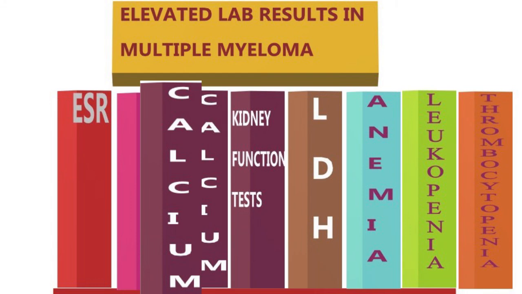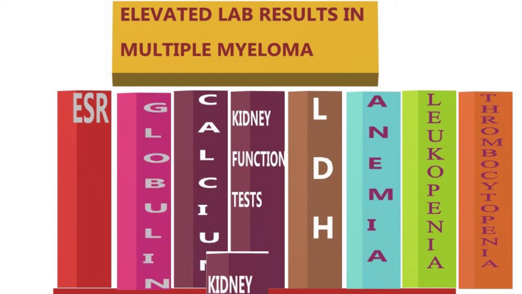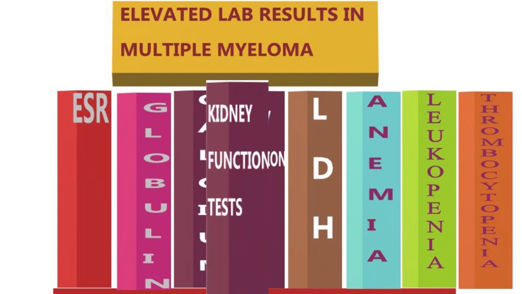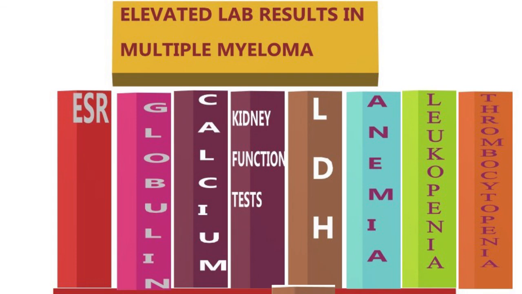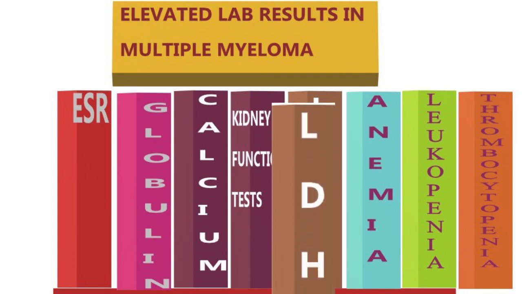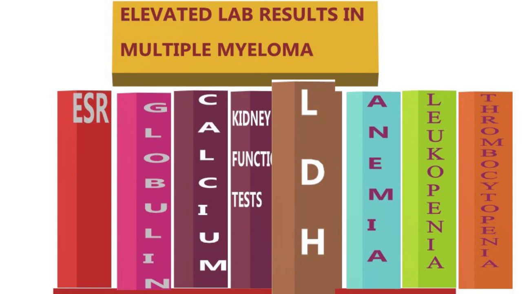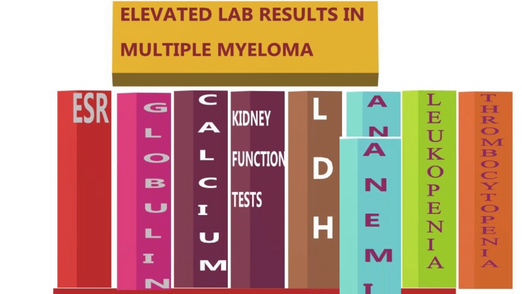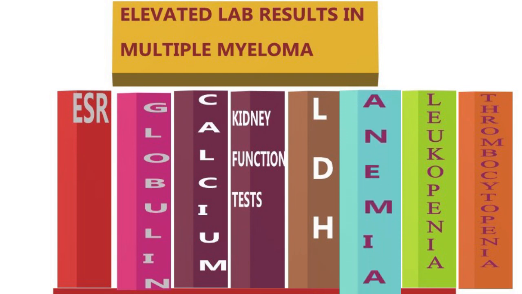It does not cause any effect on health, weak bones, high calcium level or kidney problems. Another condition is smoldering multiple myeloma. It is an early or asymptomatic myeloma that is not causing any problems. Increased plasma cells in bone marrow, high level of monoclonal immunoglobulin, high level of light chains, Bence Jones protein in urine, but normal blood count, normal calcium level, normal kidney functions and no bone or organ damage.